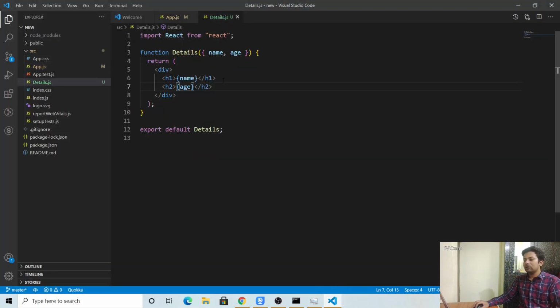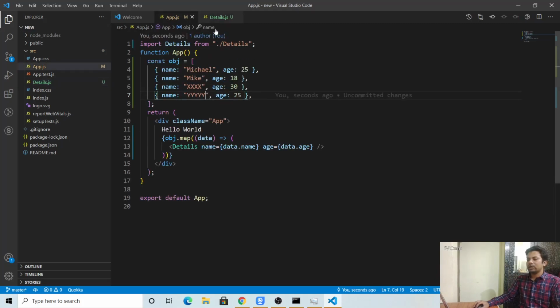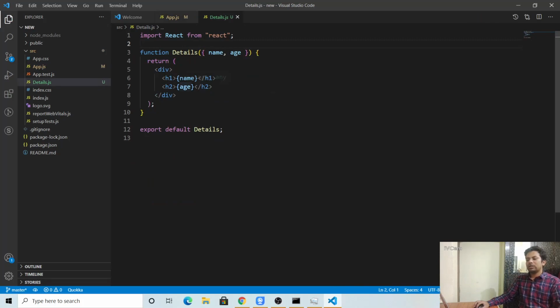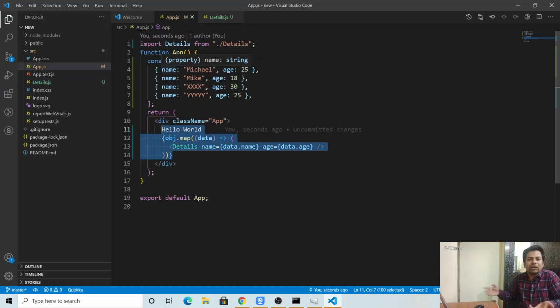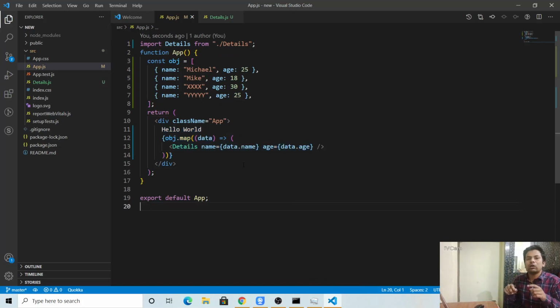Now if you want to pass the values to another component, it's the same thing: you just import it, like here we have imported this component, and pass values like this. Here also we are getting data in name and age, and we just pass name and age. That's the easiest way you can use. There's also another way someone may have taught you, using props and props.name. It will be lengthy, and I don't think it's the better way. This is the easiest way to do it.